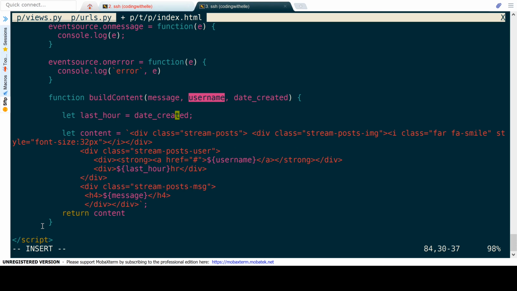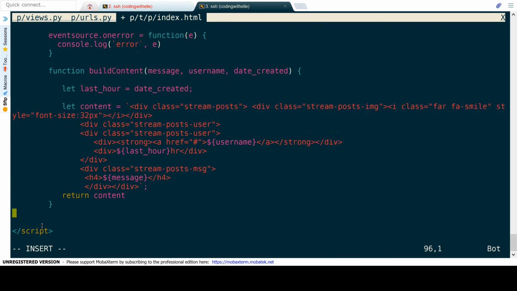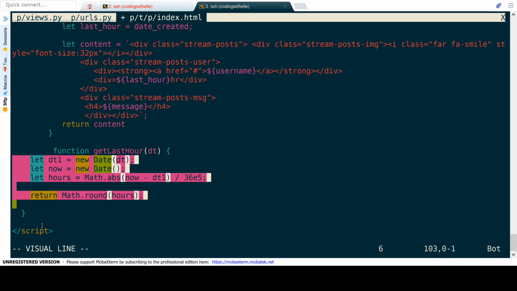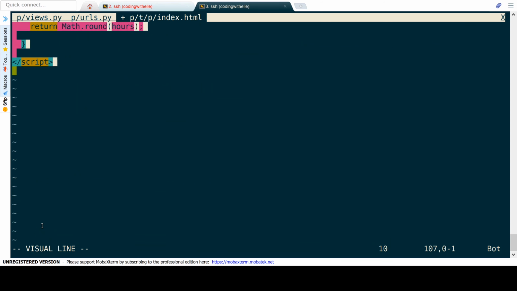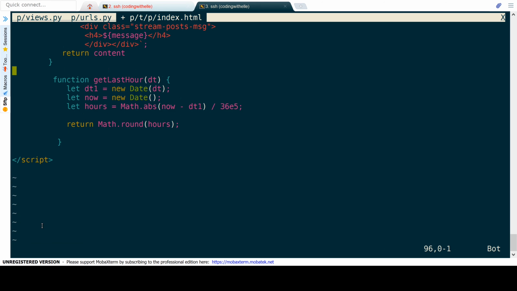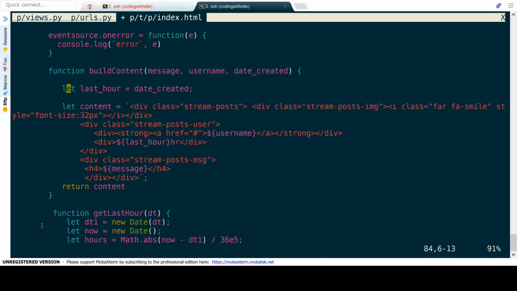We just need to paste that. Meantime, here, okay, let's just paste this. So get last hour here. So that's it. So this is the function to build the content on the fly,